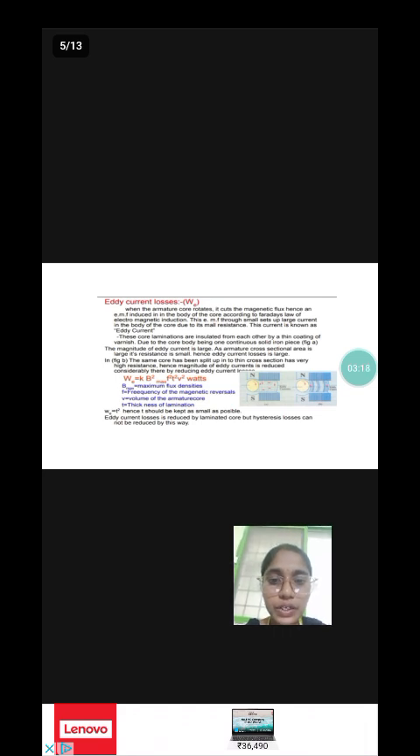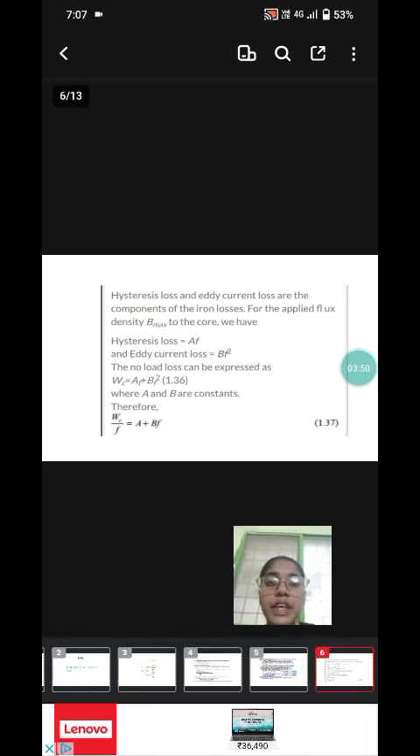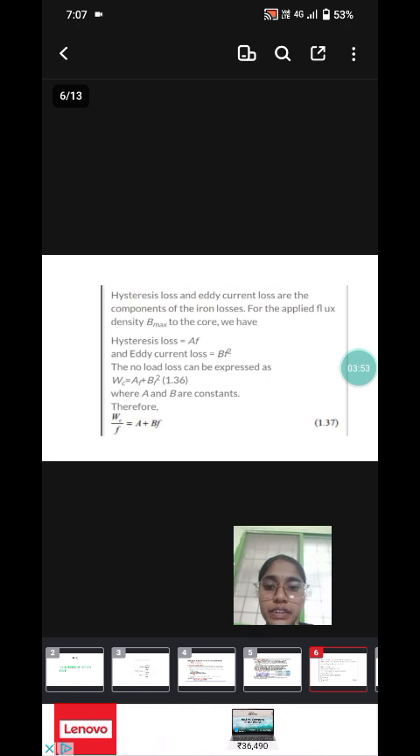Eddy current losses are reduced by laminated core, but hysteresis losses cannot be reduced this way. Hence, hysteresis losses and eddy current losses are the components of the iron losses. For applied flux density B max to the core, we have hysteresis losses A F and eddy current losses B F square. Then the core losses can be expressed as Wc is equal to A F plus B F square, where A and B are constants. Therefore, Wc by F is equal to A plus B F,